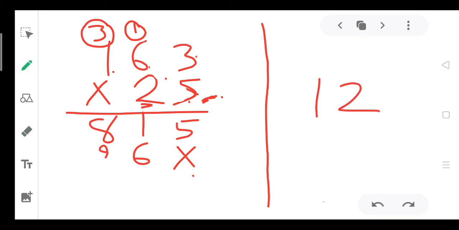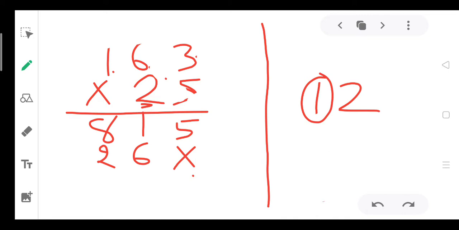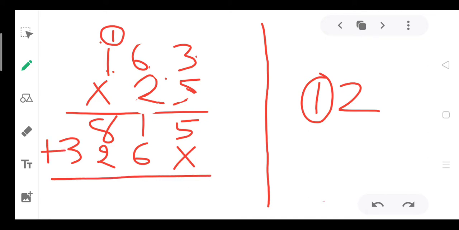2 we will write under here, and 1 will be carry. Before writing this carry, what step we have to follow? We will erase the previous carry, because otherwise it creates confusion. So we will erase it, and our new carry we will write over 100 place digit. Now we will read the table of 2 up to 1s are 2, 1s are 2, and plus 1 carry also, it becomes 3. Now our multiplication is over.